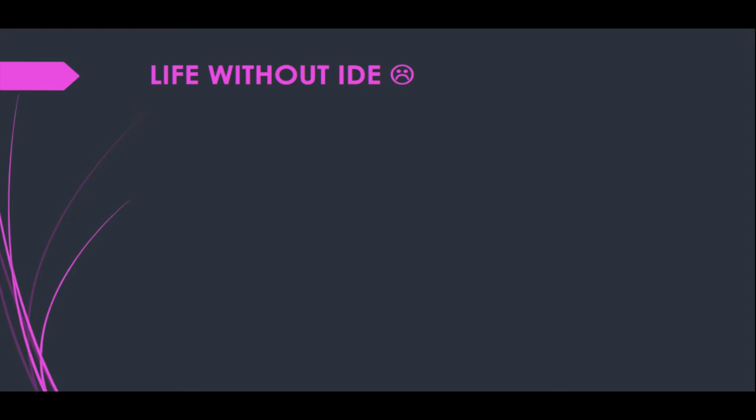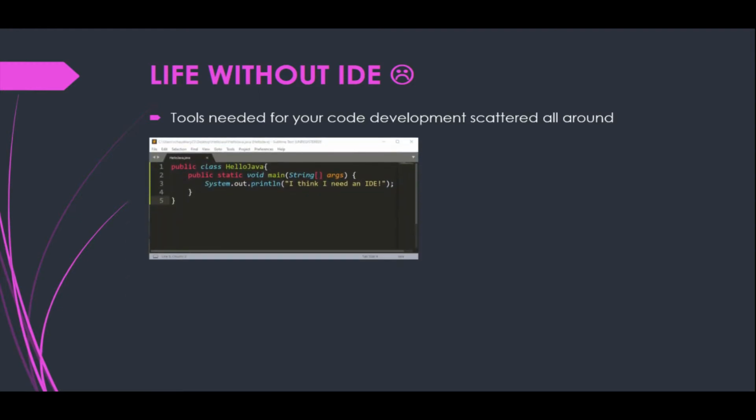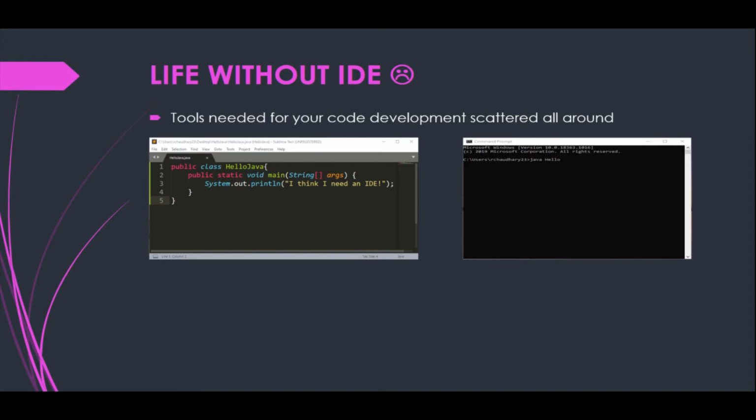Okay, first let's quickly understand what problems we face if we choose not to use IDEs. Point number one, for development, when we are coding, we need different kinds of software, like software for writing code, software for compiling and running our programs, and many more. And these softwares are generally scattered all around the system. So to work with them, we need to open and use these softwares individually. It's cumbersome because we need to switch between different windows, and sometimes that's really annoying.